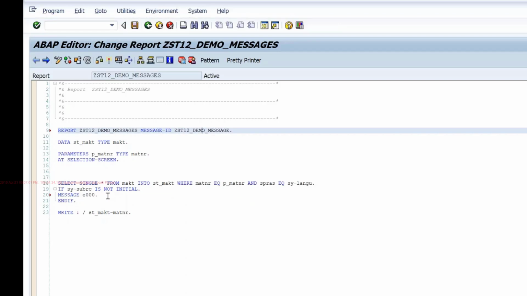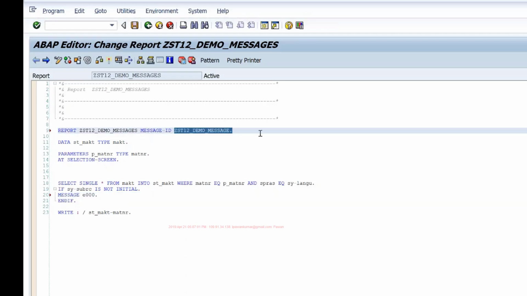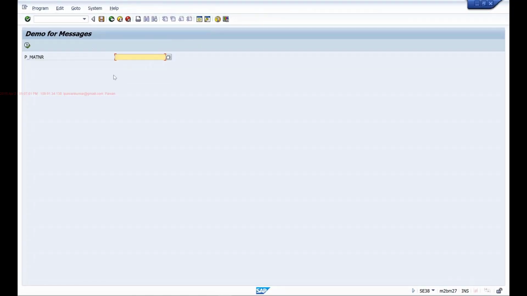So in the message statement I can simply say the type of message followed by the message number. So E000, and the system will know which message class to use by what you are maintaining at the report statement level. So this also you can do. So now it should display the same message.